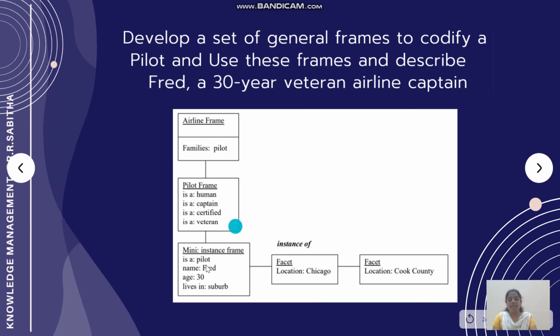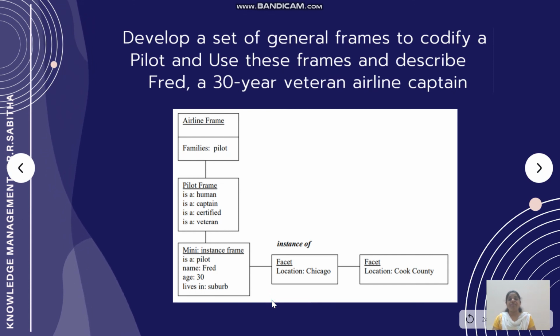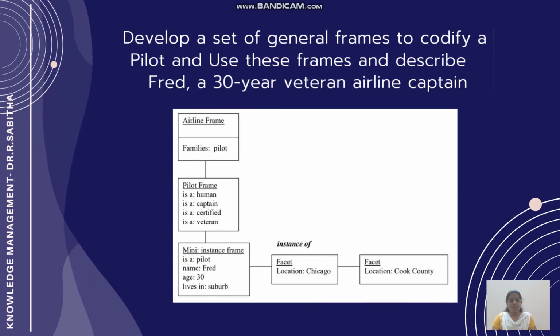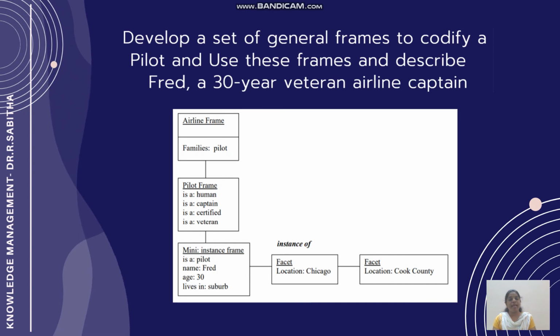So here again you have a name for Fred, and definitely one slot, one variable, should be the age. Age is a criterion here. And whenever we are representing some facts, we have to give the spatial and temporal data as well. That is why here there is a slot and facet that represents the location of the person. So you can also refer to that location. This is extra information. It is not essential, but if you give spatial temporal information also, it will be a good advantage which will help in the knowledge management development process as well.